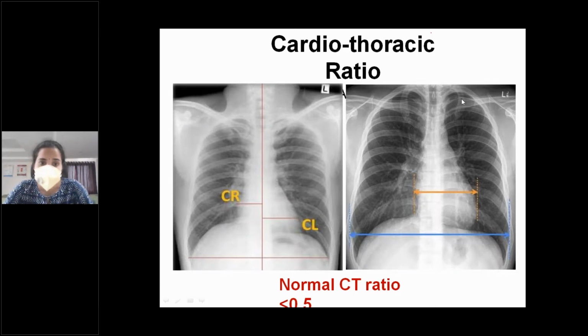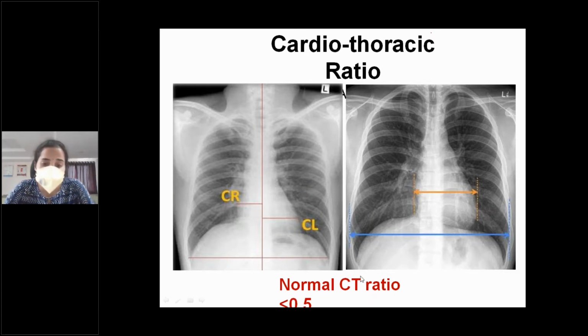or how do you tell there is cardiomegaly on a chest radiograph. It is very simple. You just draw a line in the midline that is connecting all the spinous processes, and then a line that is measuring the internal thoracic diameter. This is the line, the maximum internal thoracic diameter measured.